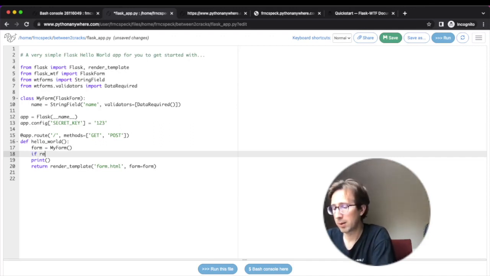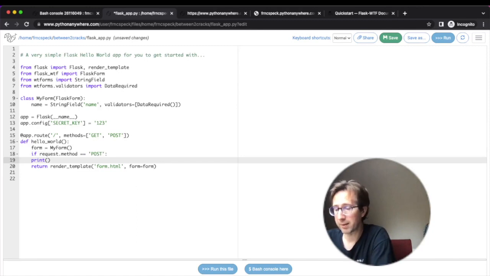if request.method equals POST. So if you're running this function not for simple get but for post, then form name data, then just print it. Okay, so we're saving this again,